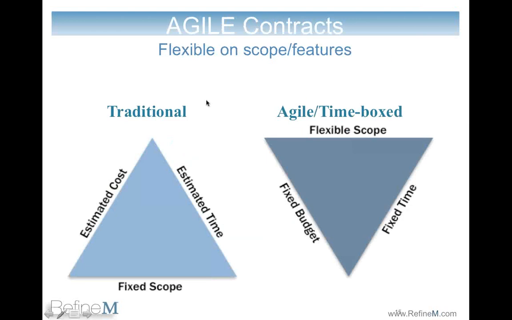There's another way of looking at traditional and Agile. In traditional, you fix the scope, and then estimate the cost and time. So these become constraints. You have seen this triangle: cost, time, and scope. In Agile, you fix the budget, fix the time, but the scope is flexible, and that's why Agile is also called time boxed. So you fix the budget, fix the time, start your releases, start your iterations, and once the